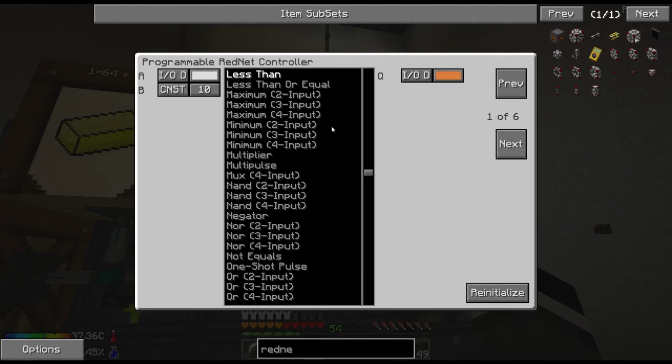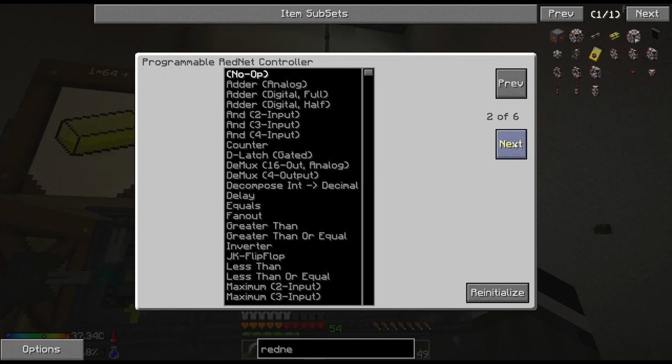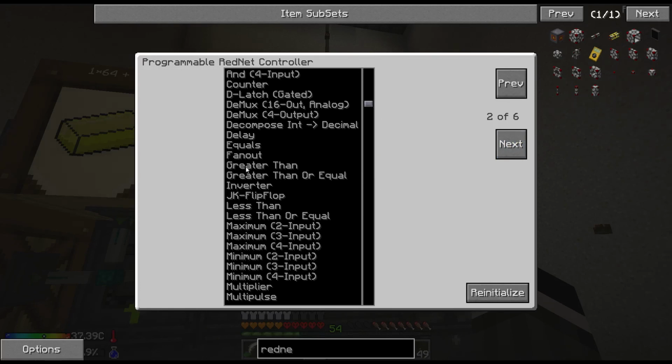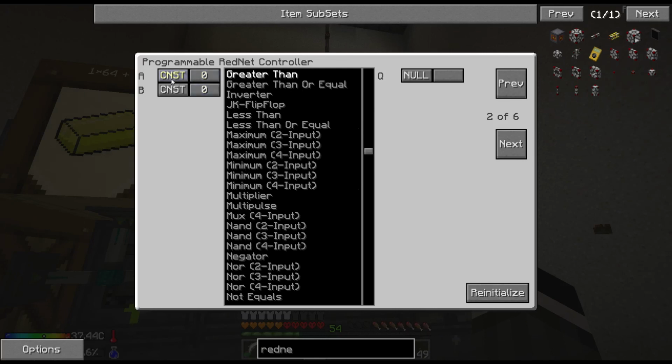And then in here, we're going to say the same exact thing, except we're going to go greater than. So we did less than before. We're going to go greater than now on the purple channel. Here we go. Greater than. So down,